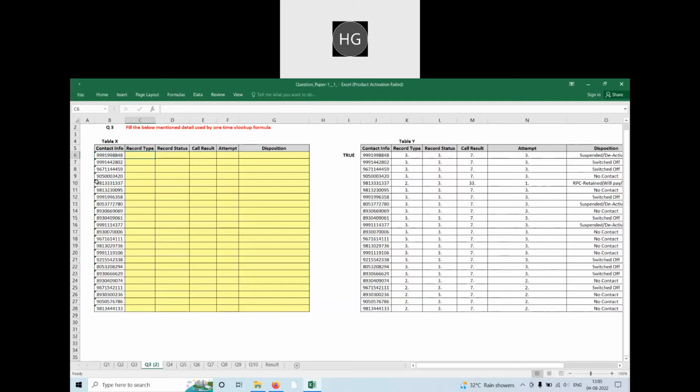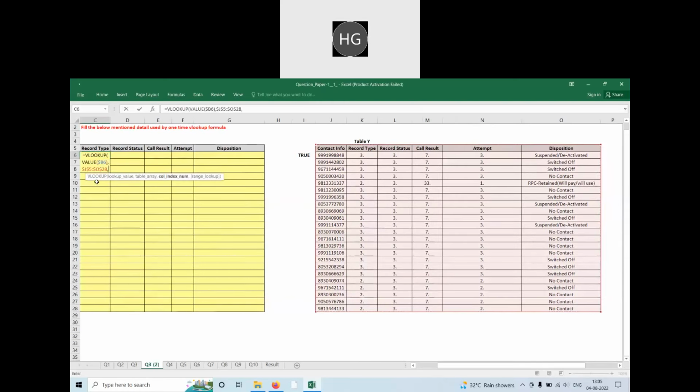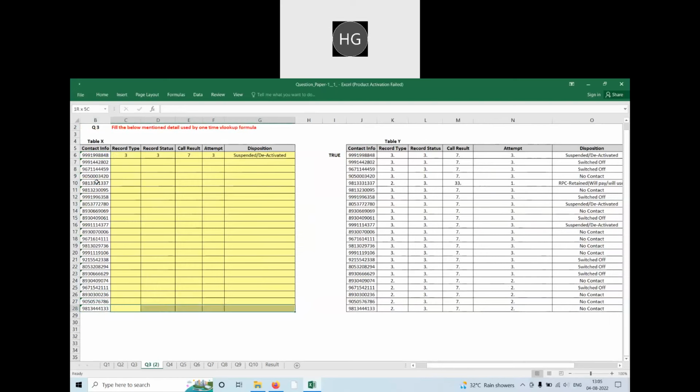So how will we use the formula? VLOOKUP with the VALUE function, because I want to change this value to a value first. VALUE of 3 times 4, normally 3 times 4, comma, nothing else. You will have to select the data. So I have selected my data. Now it is asking for the column number. For the column we'll use MATCH with 2 times 4 as the header, and this header will be fixed, 1 times 4, comma 0, comma 0. Okay, Control R.